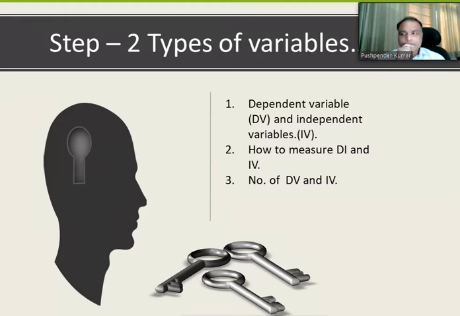So independent variable, you see that when you want to see a relationship, you have a lot of variables which affect your, for example, intelligence is affected by maybe the education level, maybe income of a family, maybe there may be a lot of variables which affect your intelligence level, right? So that is a dependent variable and independent variable. So we need to define before you go and select a test for your analysis. So how many independent variables you have taken, and clearly mention that this is my dependent variable.